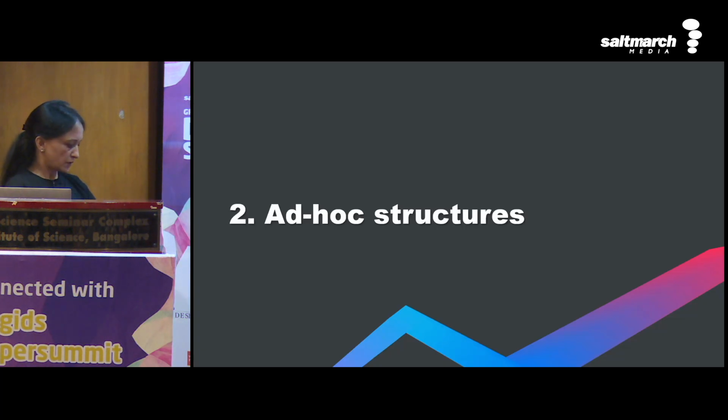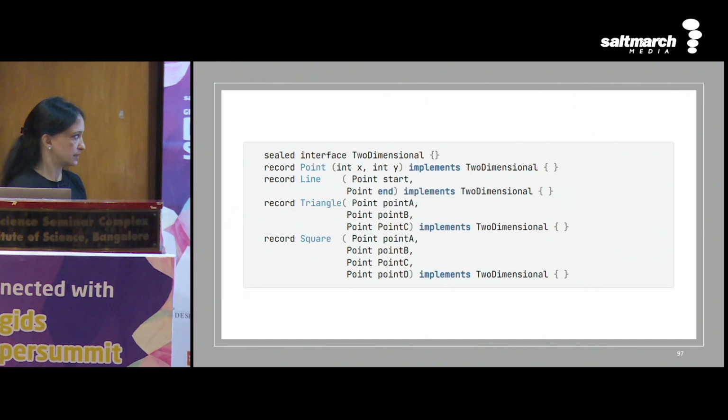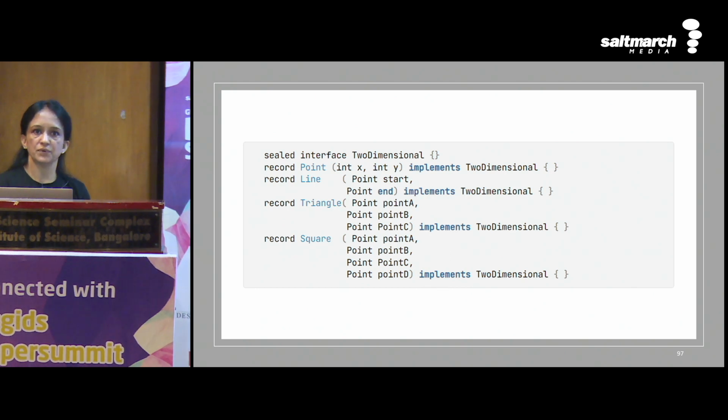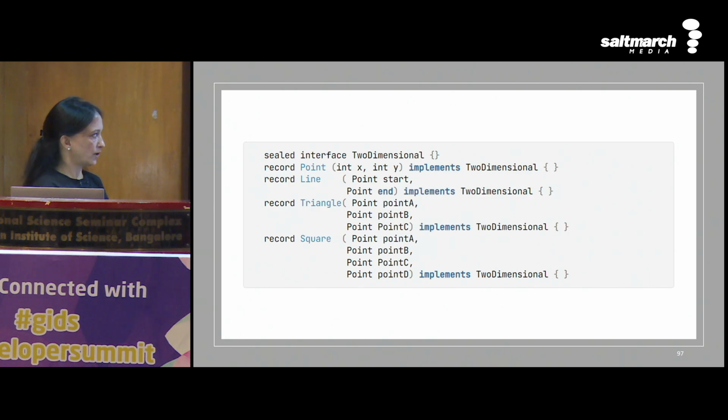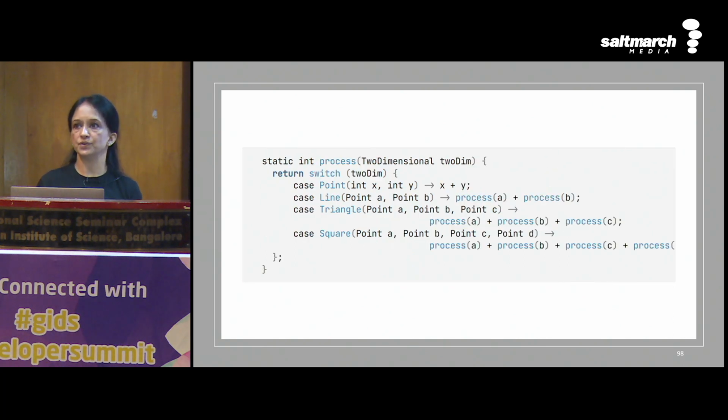Now, a quick example on ad hoc structures. This is one example. We know that the applications that we work with, we have ad hoc structures all across our applications. This is one of the ways in which I could think of for defining the point, line, triangle, square. These are the geometrical figures that implement the interface two-dimensional, which is again a sealed interface. And this is how I might use pattern matching for switch, which uses type tests, which uses record patterns,